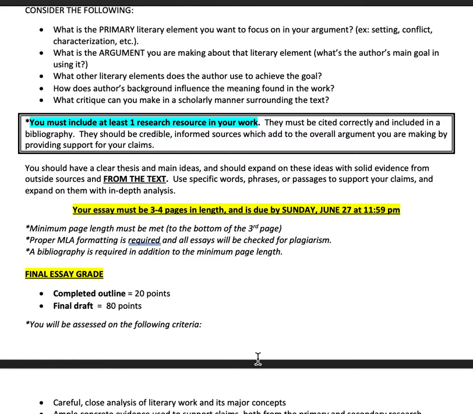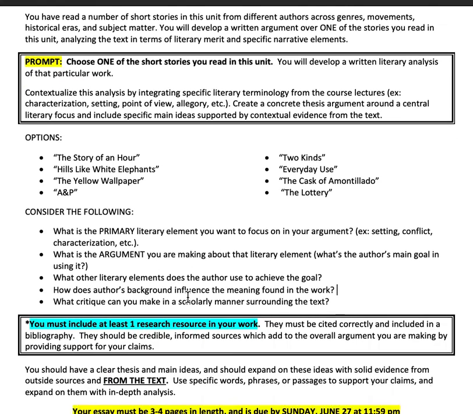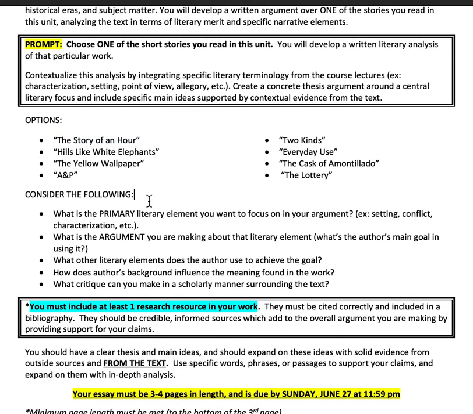So for example, back to, say, the story of an hour, if I'm saying that the symbolism of the open window is really important in representing Mrs. Mallard's desire for freedom, I need to pull in the quote from the text that talks about her looking out the open window and repeating the words free, free, or whatever it was exactly. If I'm looking at, say,